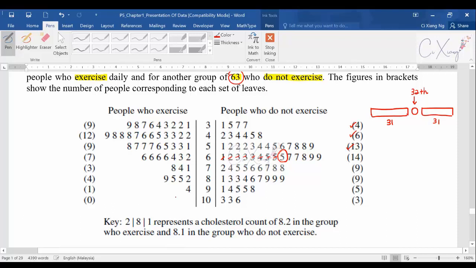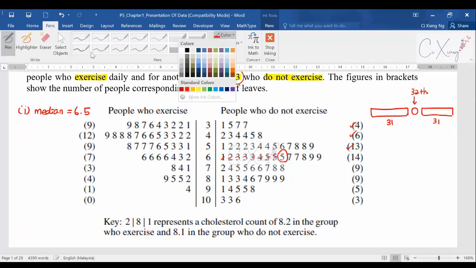Also, if you look at the key here, they said 8.1 means 8.1. So for the first part, you can straight away write out the answer. There's no steps for it. You can straight away write out the median is what? The median is 6.5. Then after that, you try to look for the